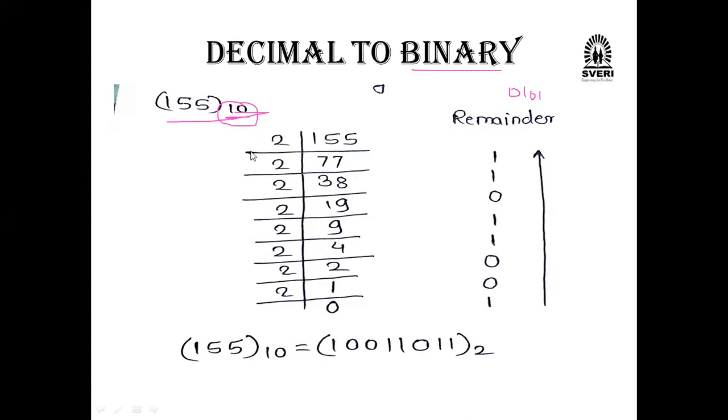So what do we have to do? 155 is the decimal number. Required is binary here now, so base 2. So we write 155 here now. Which one is the nearer value? A multiple of 2 here now. 77 we have considered. 77 into 2, how much is it? 154. So 155 minus 154 is how much? 1. The left term is 1. I have written 1 here.